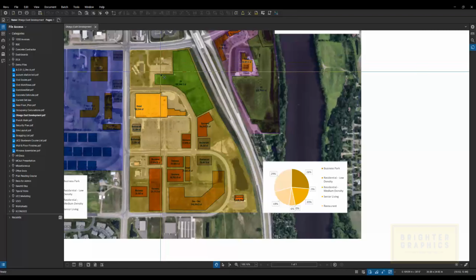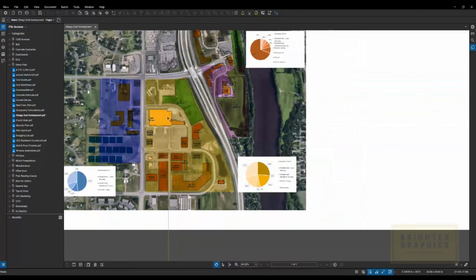And then I built, I don't have the tool set turned on, but I have tool sets for the types of development. So business use, medium residential, retail, restaurant, business, retail, green space. So if we need a certain percentage of our space to remain green, we lay out that space as well. So you can see I just came in and I took an aerial photo from Google